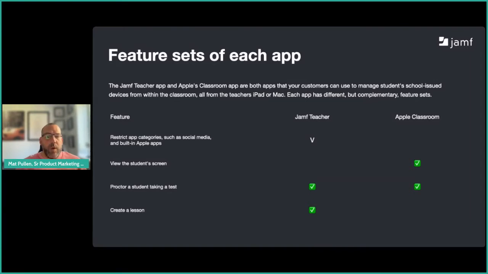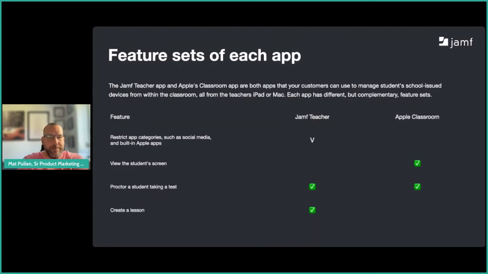We saw that in Apple Classroom, we can view their screens, which is fantastic for supporting that assessment for learning opportunity. And then thinking about taking assessment to that next stage, both applications allow us to proctor those students taking tests, restricting web access, etc., to make sure that students can't find answers that they shouldn't be finding and using